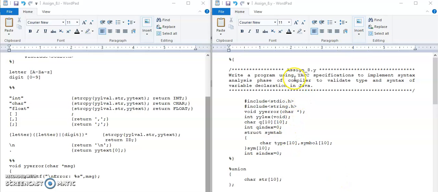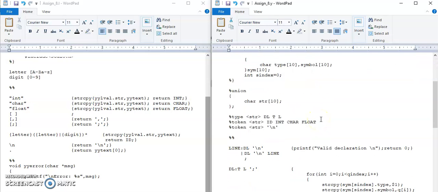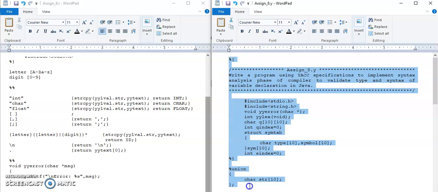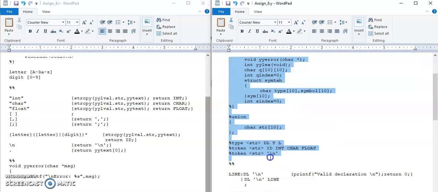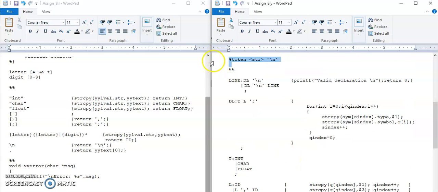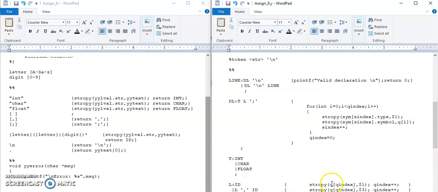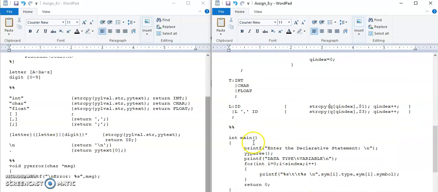Hi, let us continue the assignment for variable declaration in Java implemented using Lex and Yacc. As we have seen, the first section will consist of declarations, then the second section will consist of rules which are written using grammar and action, and the third section will be auxiliary routines.